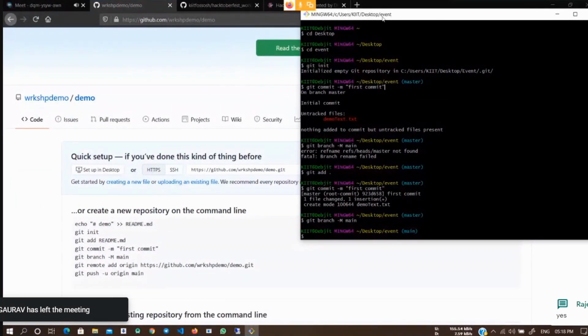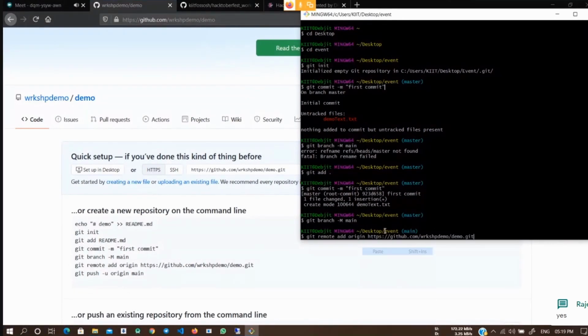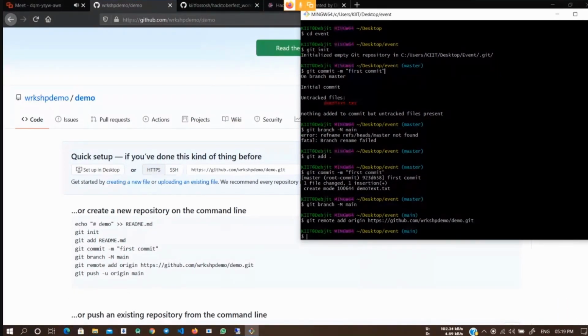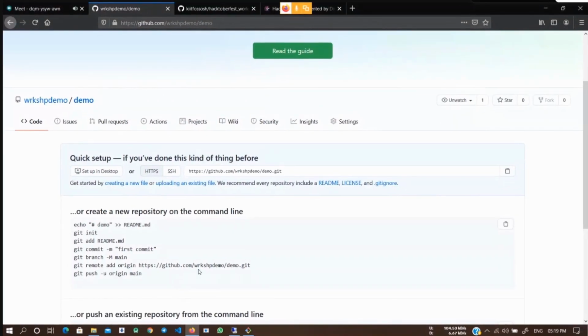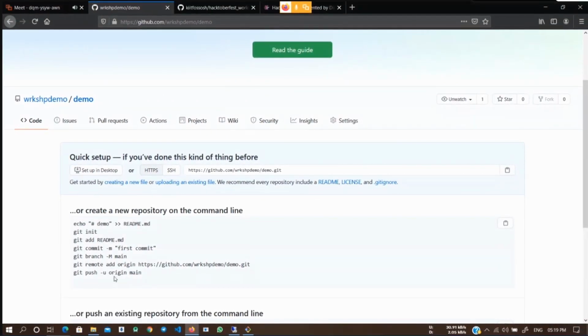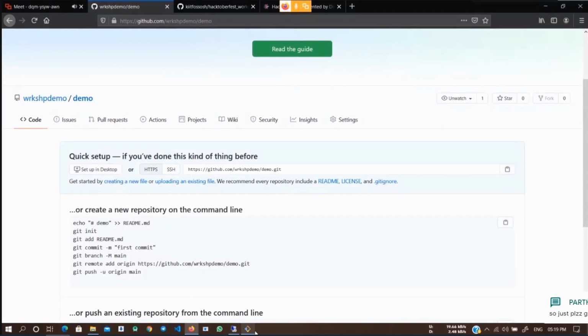Local repository being the event folder. It should run like this. If it gives some error, you can ask in the Telegram group. And once this is done, push it with this command git push -u origin main.